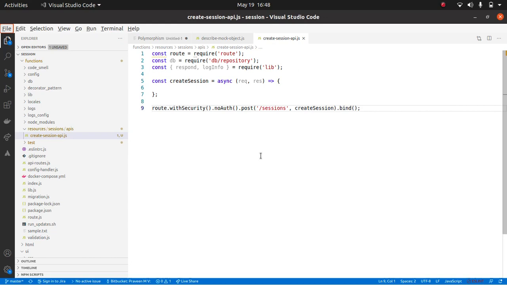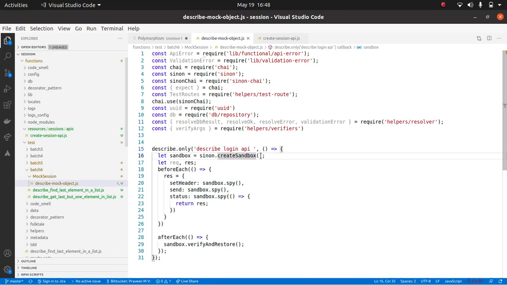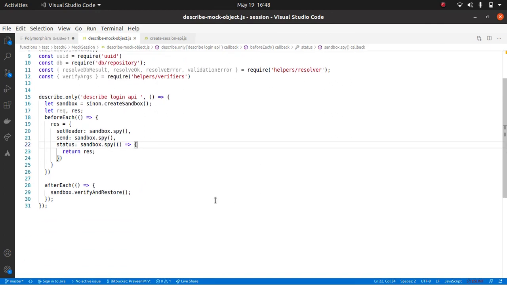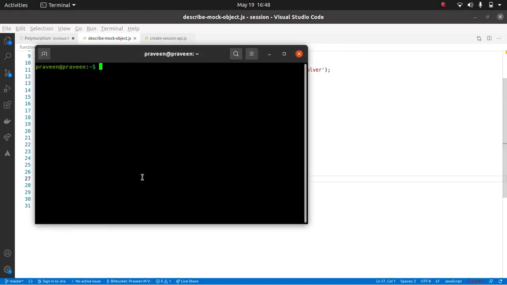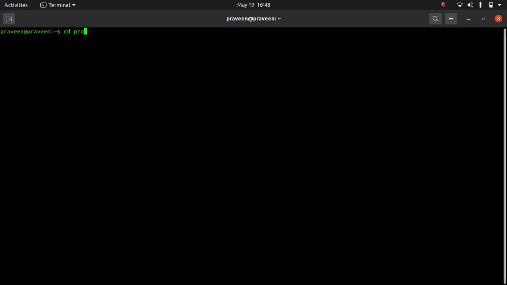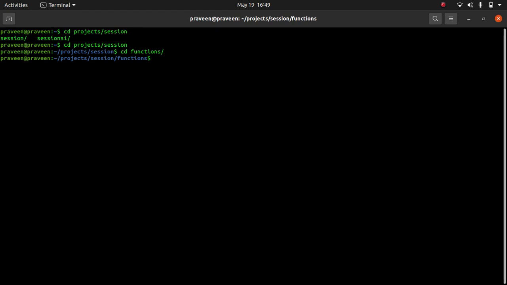Now, I know I have written the code before testing. The reason I am doing that is to make sure things are all right. Again, we will do one more round of test driven development, so that everything we do is done in a proper manner. cd projects, sessions, cd functions, npm run auto test.